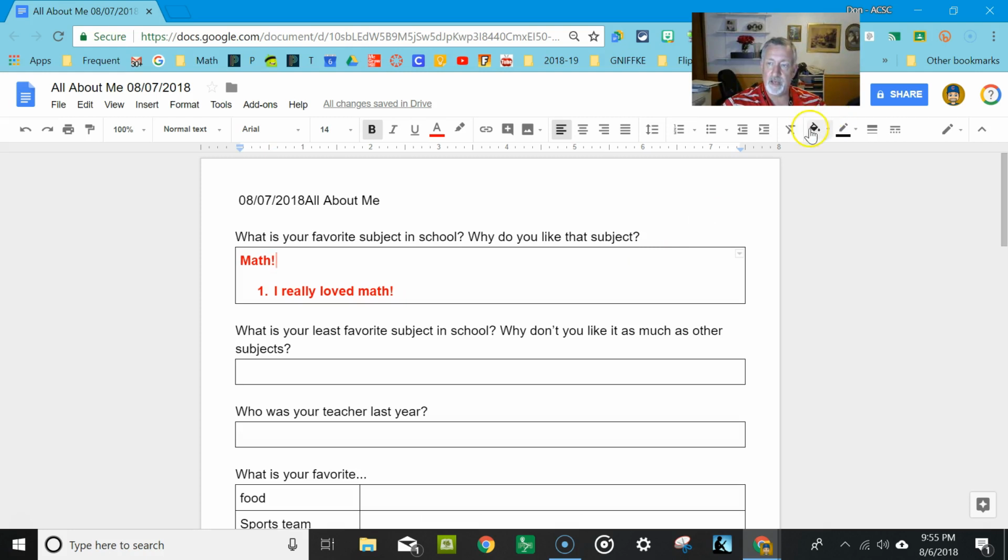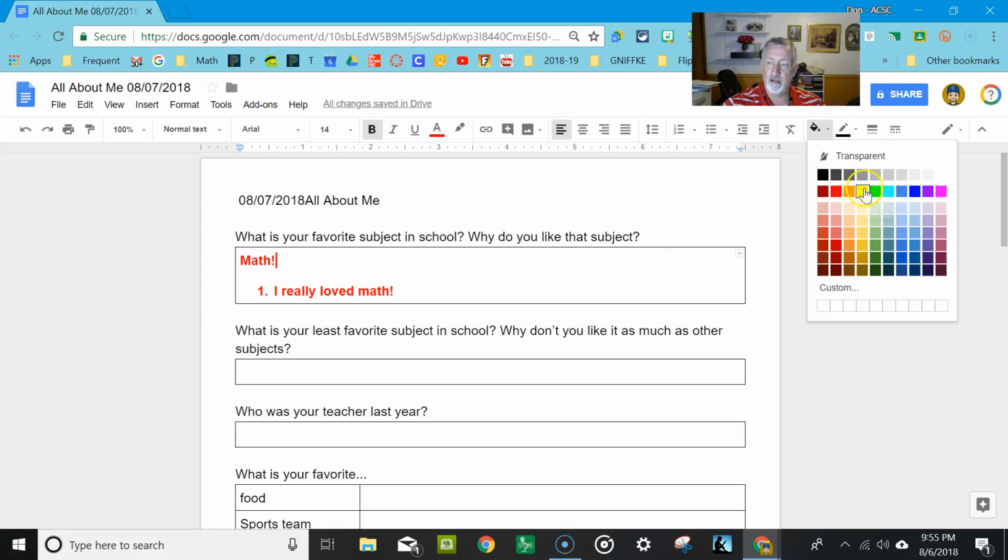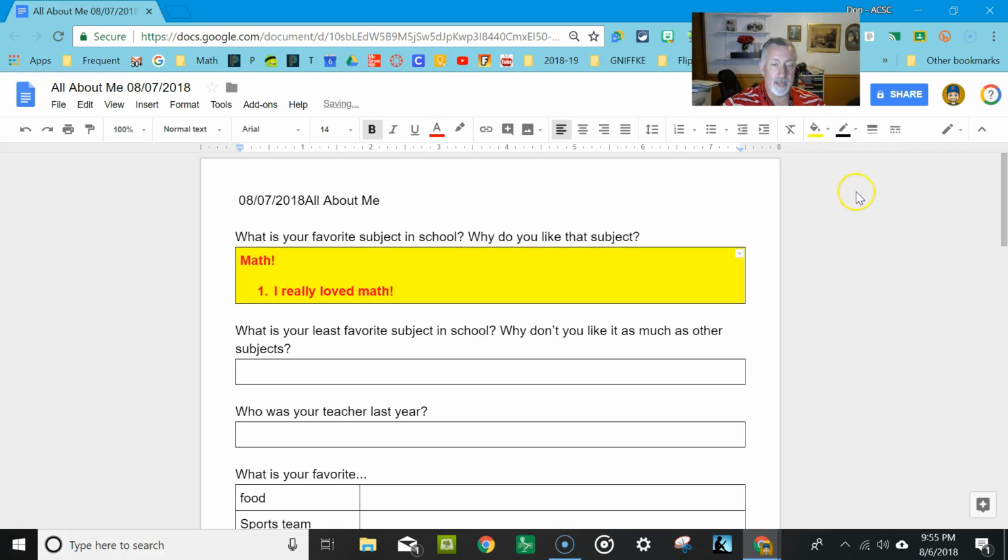I can click in this box here and watch here with a background color. Okay, I can give a background color just to that box. Really makes the answers kind of stand out. Okay, makes it easier for me to grade sometimes when I can see things like that. That's why I put the text box in there. Okay. Also, when you do have the text box in there, if you click on the text box,